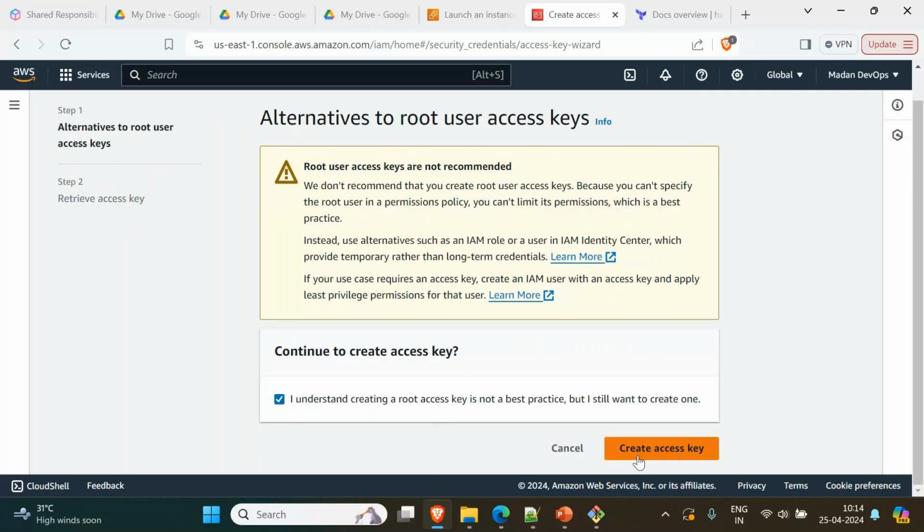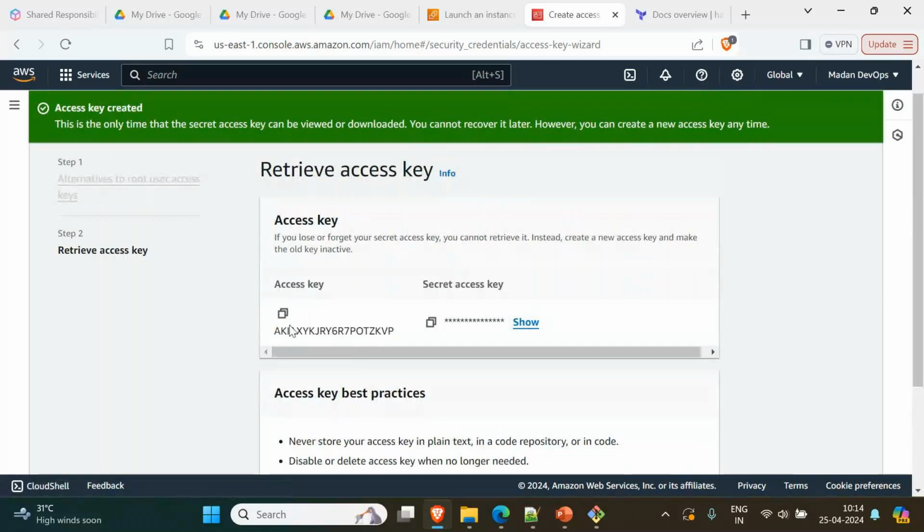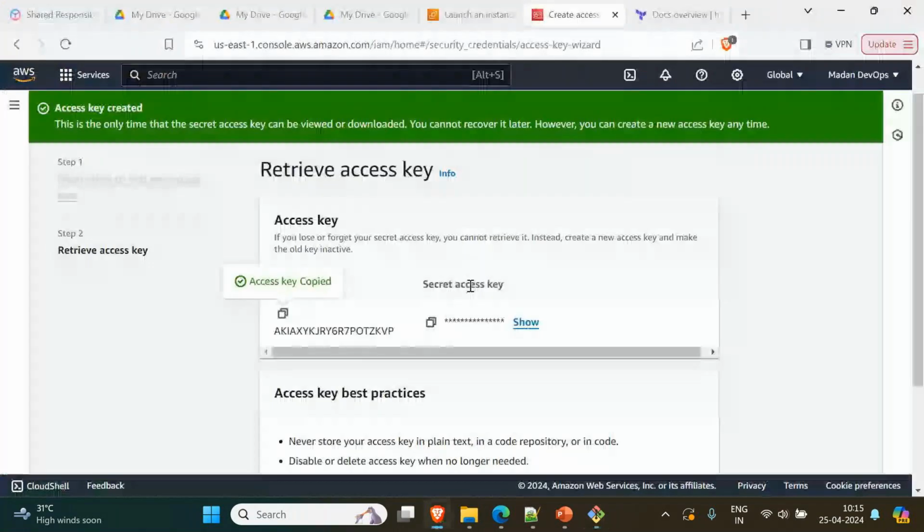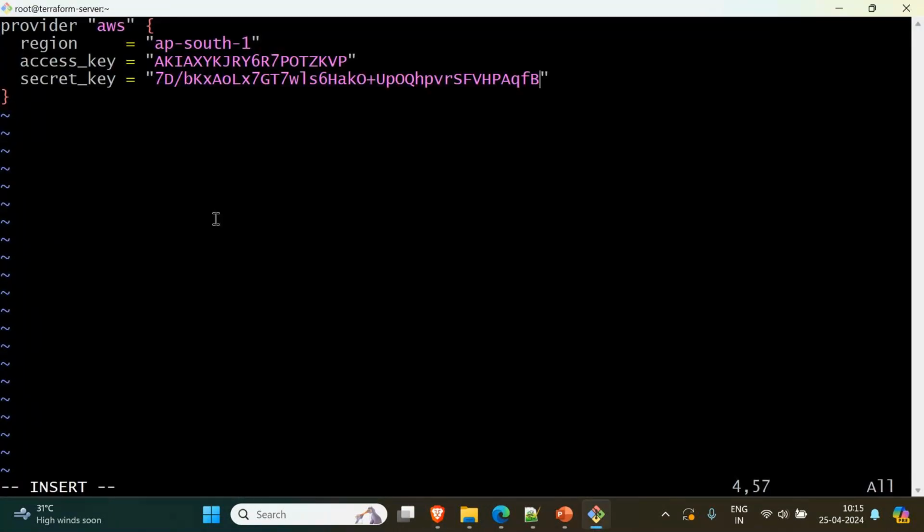Create access key. Now see, this access key and this is a secret access key, both I created. Now what I can do, copy this and area to paste. Come down, right click and paste. Similarly, secret access key, copy it, done. Now provider is AWS, and